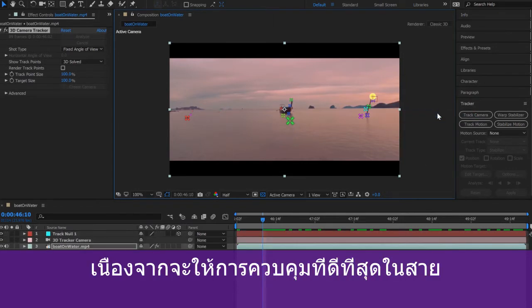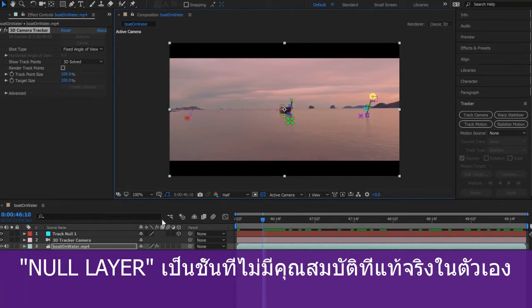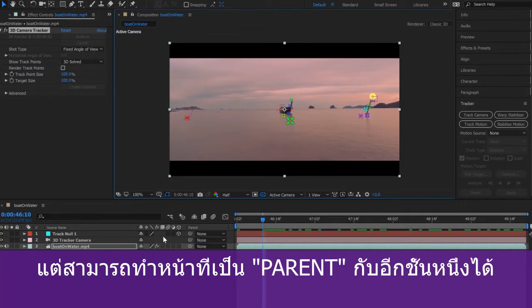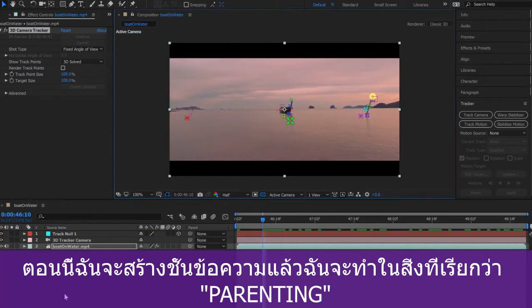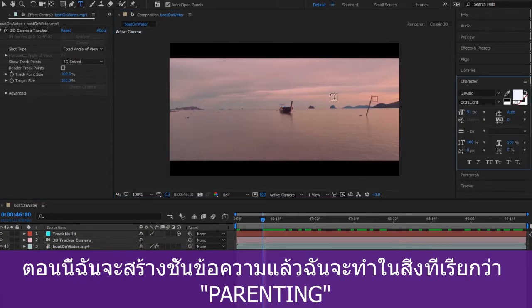The reason is it'll offer ultimate control down the line. A null layer is a layer with no real properties in itself, but it can act as a parent to another layer. So now I'm going to create a text layer,